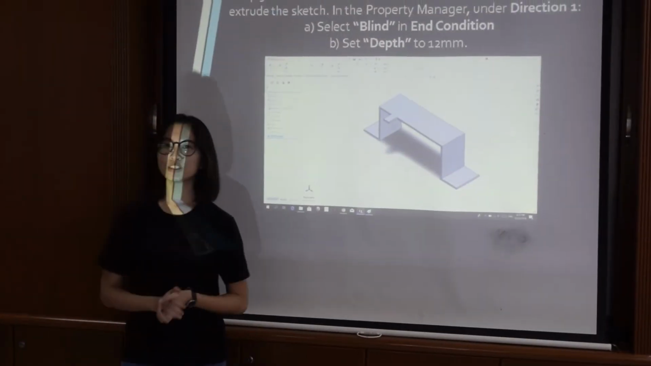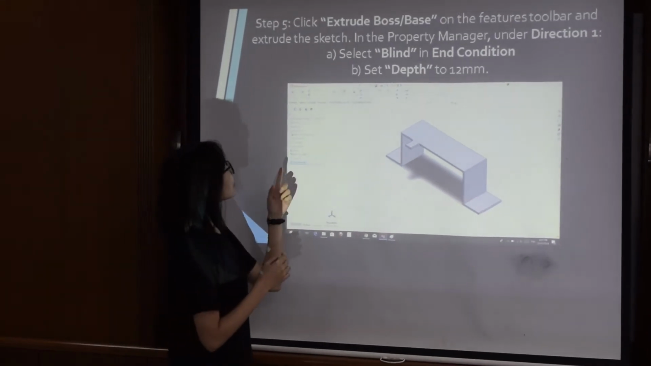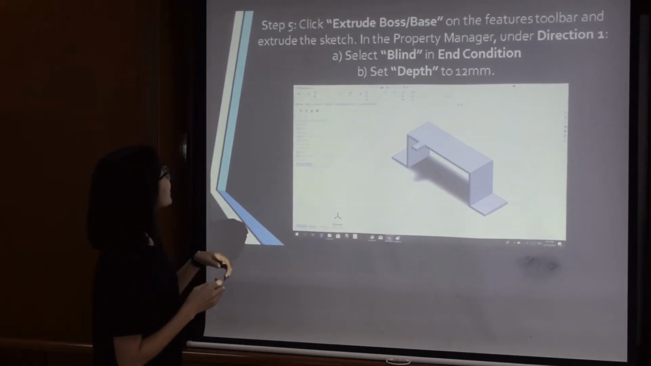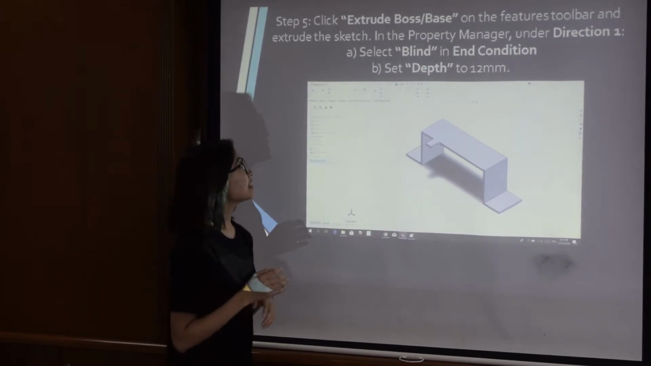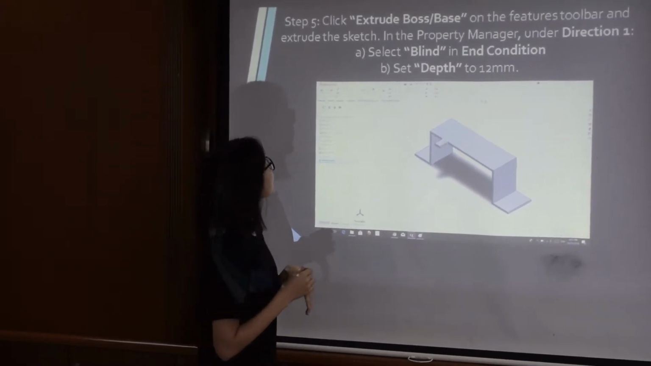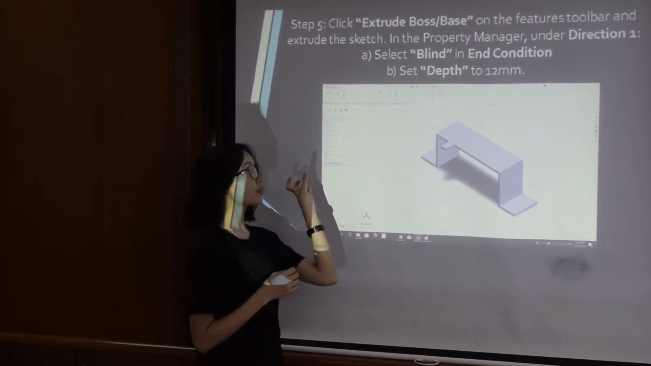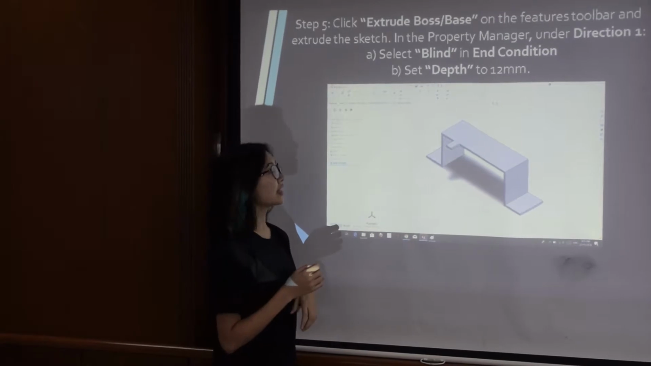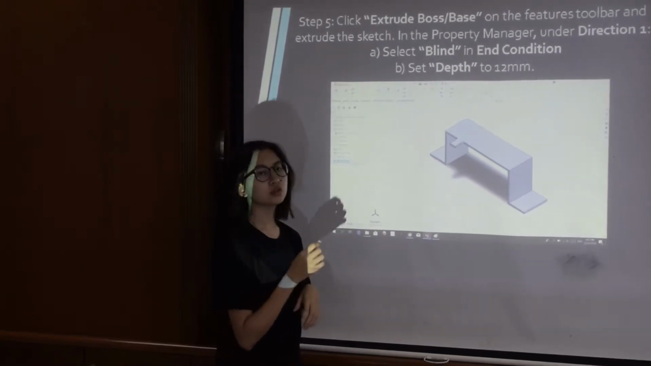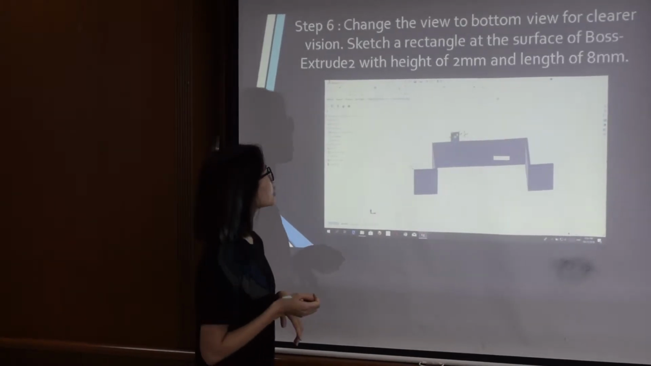So I'm going to explain about how to extrude the sketch. You just click the extrude base on boss or base, and then you click on the sketch, and then you select the line properties in end condition, and then select depth to 12 mm. So you will get the extrude